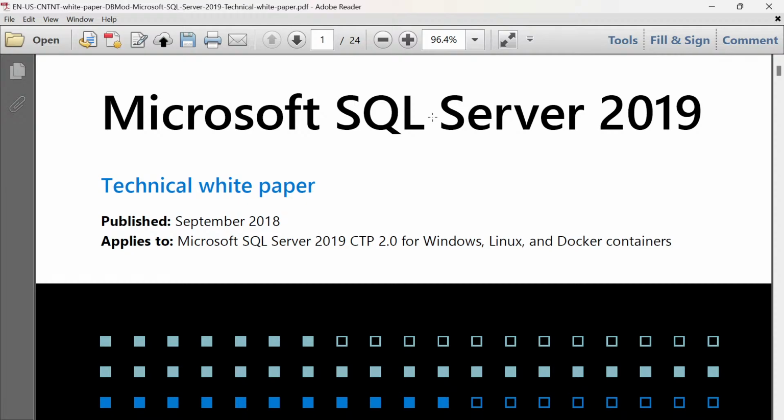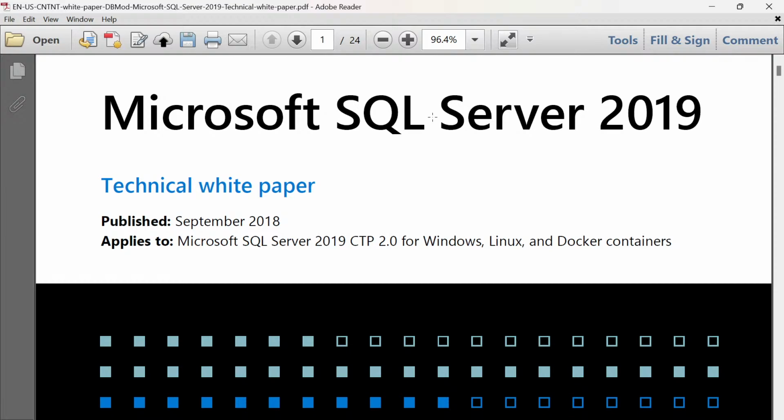Although the working nature of all the RDBMSs is the same, the query processing system of all the RDBMSs or DBMSs is the same, but every version of any database system gives some advantages, some new features as per the requirement of current industry, current world, current scenario. All right. So here,